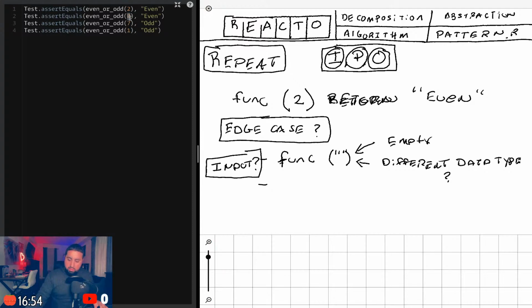So in the event that it's empty, what happens? In the event that there's a different data type passed in, what happens? What else? What are some of the edge cases that could happen to us when we run the test?